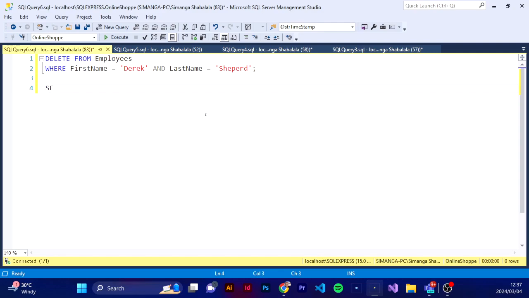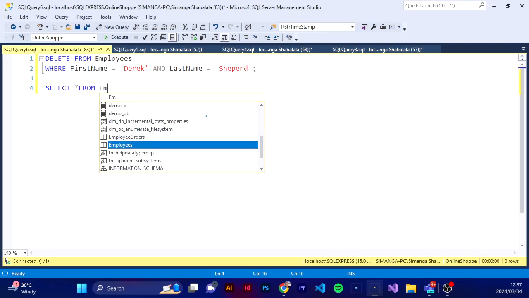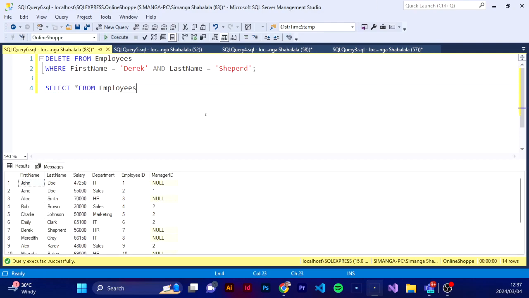Then we will actually select from employees. Now, if we execute this, then we can actually see that we no longer have